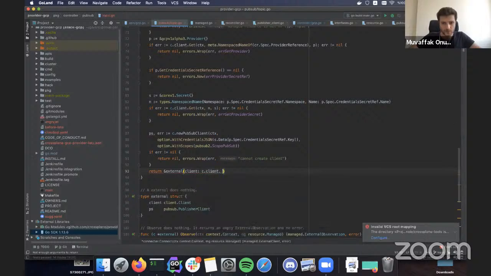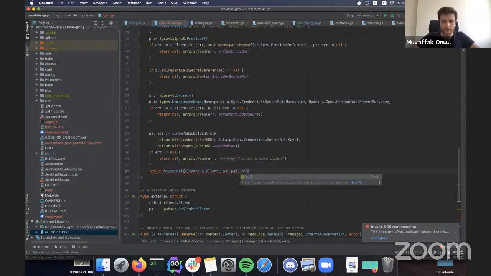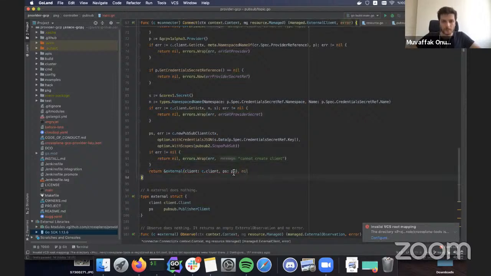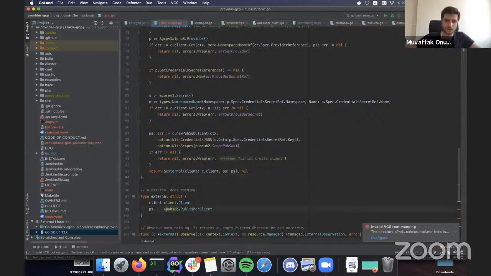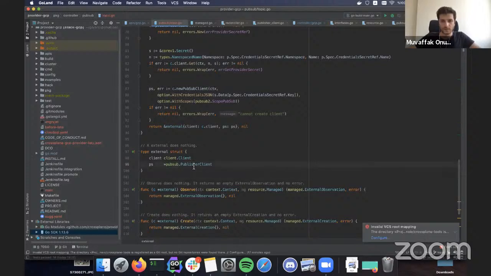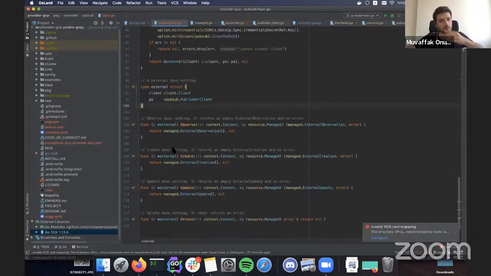So we will just return what we had. Cool. So sometimes these clients have interfaces, so you can just use an interface here and supply the actual object here. But in this case, we just sent the actual struct.